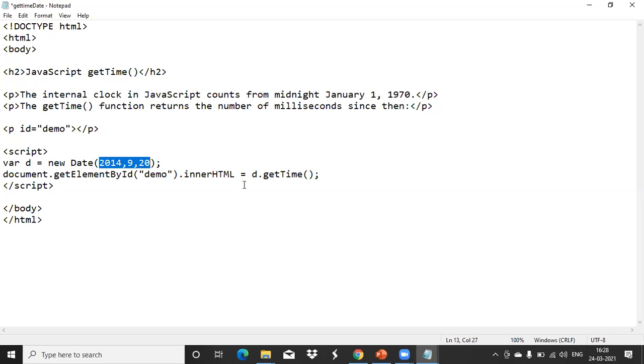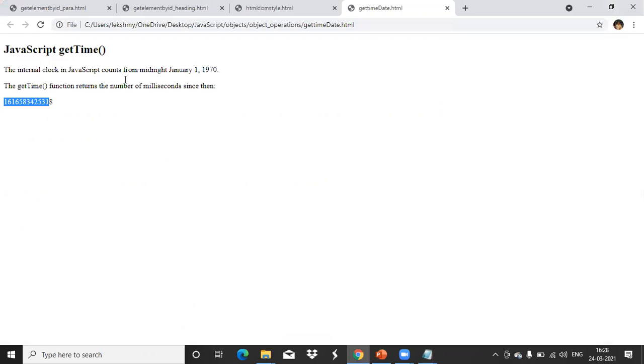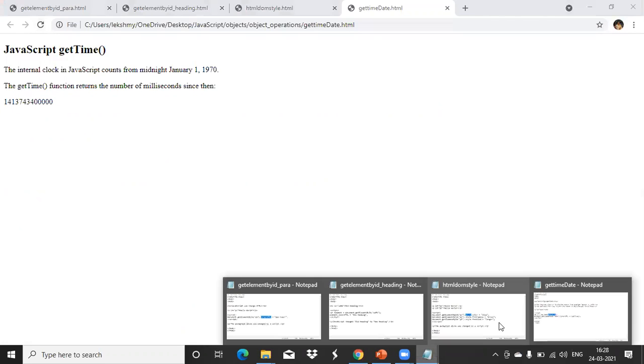For that, how to get the milliseconds? If I use d.getTime, it will show the milliseconds according to this particular year value, month and date. So see, that is the milliseconds value according to the date which I have passed.